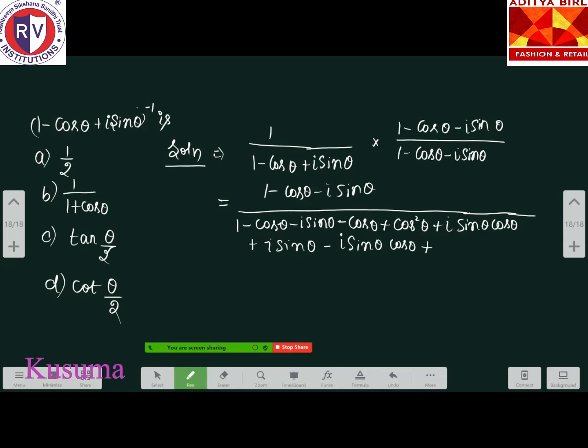Now cancel out the terms which cancel. This term and this term cancel out, and this term and this term cancel out. What is left is 1 minus cos theta minus i sin theta divided by 1 minus 2 cos theta